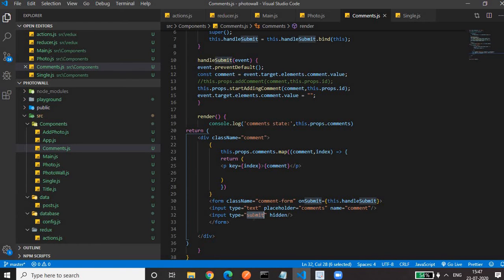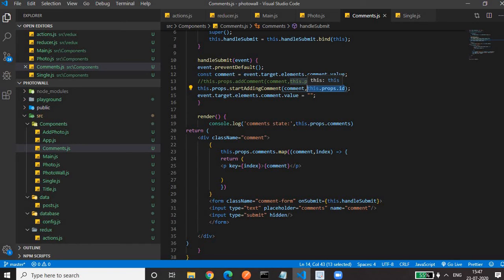That's why on pressing enter, this onSubmit method gets called. In this method we fetch whatever the user has entered for the comment. Then, here is the main thing, we are calling the start adding comment action, in which we pass the user-entered comment and the ID of the photo for which the user has entered the comment. That is also needed because we need to place this comment with the corresponding photo ID.